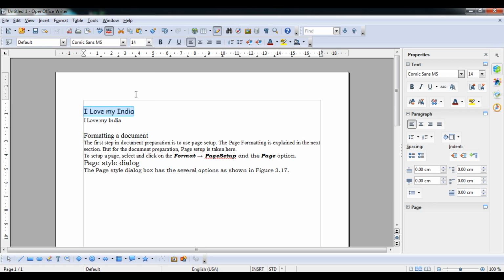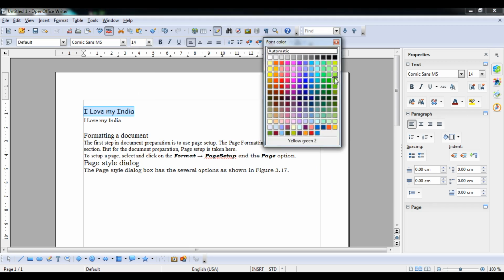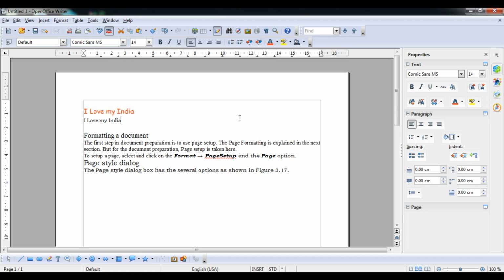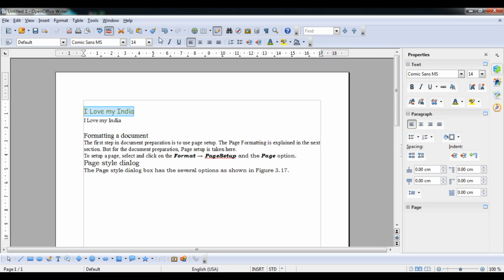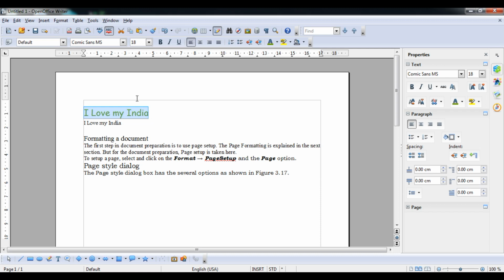And then it's the color also. You can see the colors, and you can change the text to one of the colors that you like. You can change to any color of your choice, and you can increase its size also according to your choice. And now the next thing is background color. Sometimes it may be possible that you want to provide a background color.